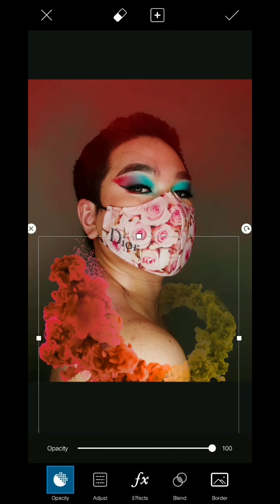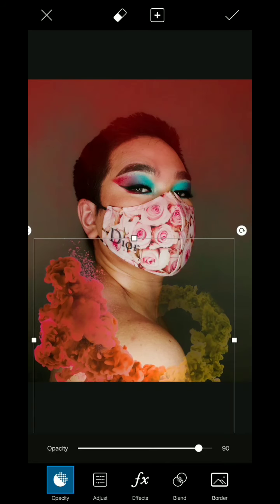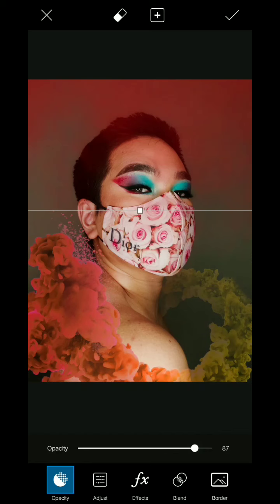And then, adjust the opacity. Para hindi naman matakpan yung pinakamukha mo, or hindi yung smoke yung makakuha ng attention. Dapat yung face mo. So, kailangan naka-opacity ka lang. Hindi masyadong kita dapat. Adjust natin to. And then, we need